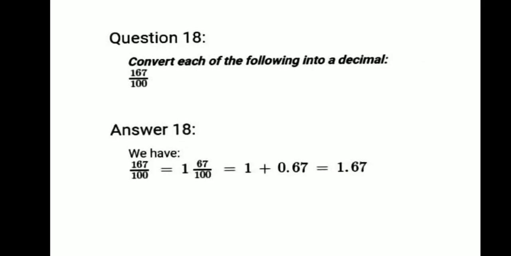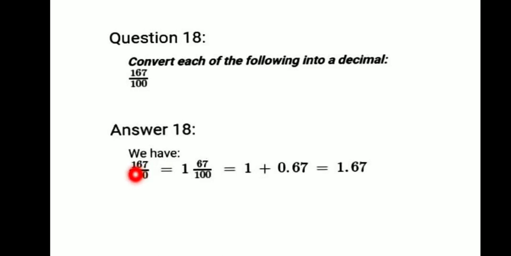Next question number 18. Convert each of the following into decimal. 167 upon 100. It means 1 whole 67 upon 100, which is equal to 1 plus 0.67, which is equal to 1.67. Okay, you can write 1.67, and you can also write in this way. You can place